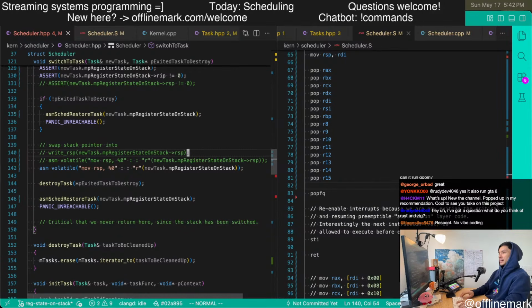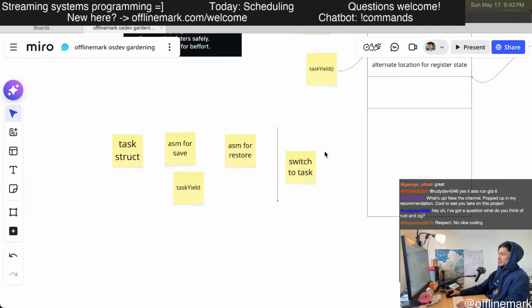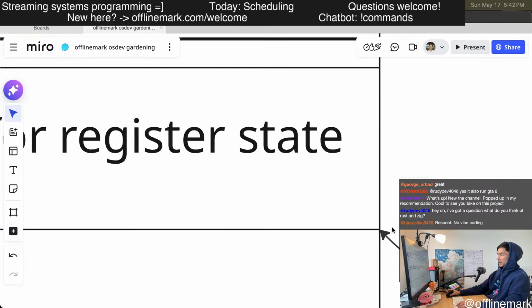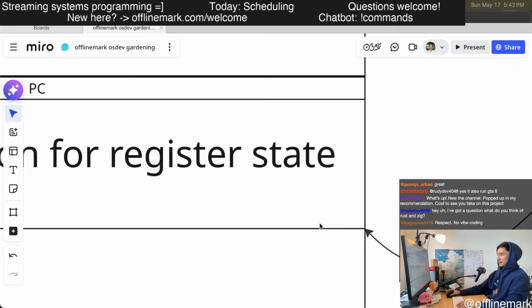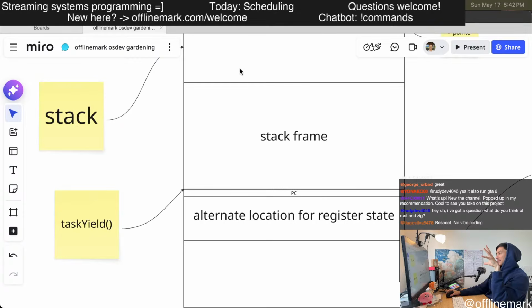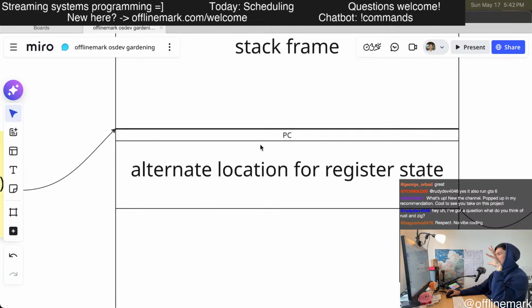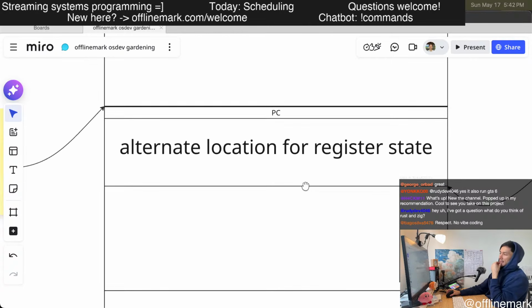So in this case, it's kind of interesting. There's this frozen task that has its register state right here.